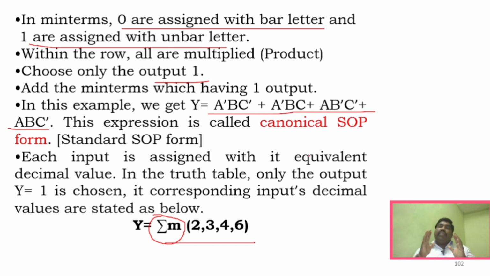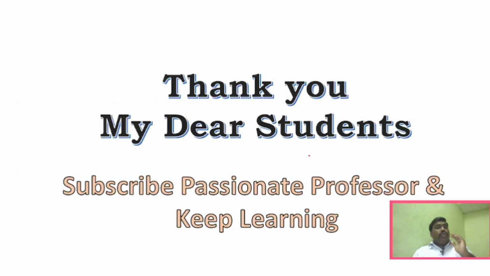So this is very basic information about minterm, right? This minterm, this sum of product, you have to be very clear with the rules and regulations, because this is the very basic information which is going to help you in solving the K map, which we will see in subsequent videos, right? So today what we have seen is what is meant by minterm, what is meant by sum of product, right? And how to obtain the canonical form of minterm and how to simplify the minterm